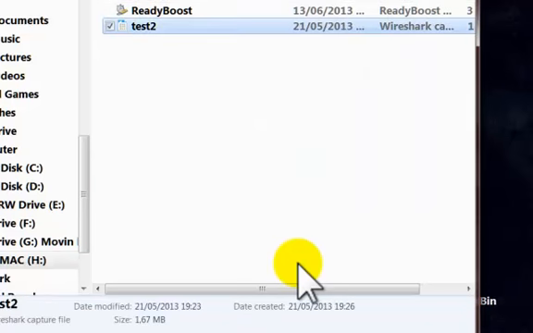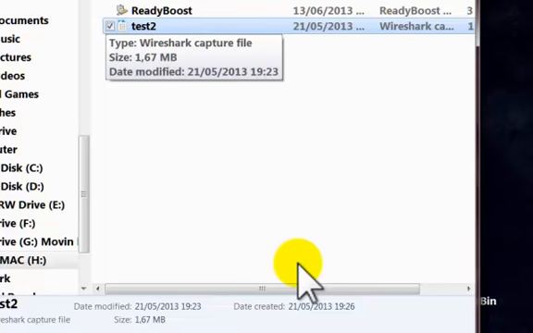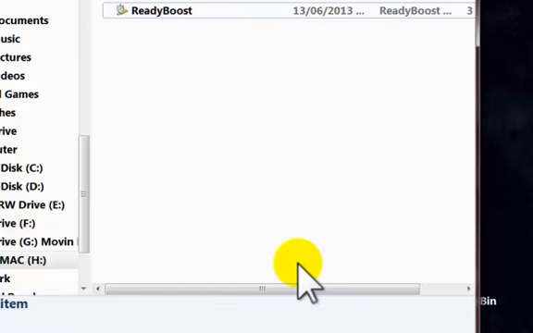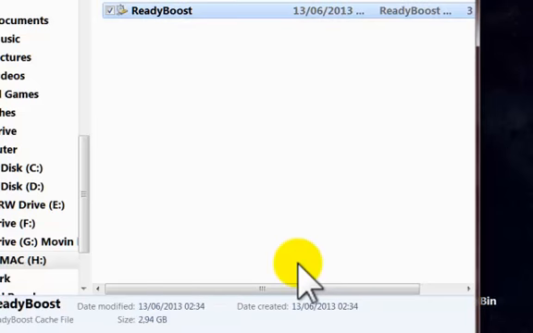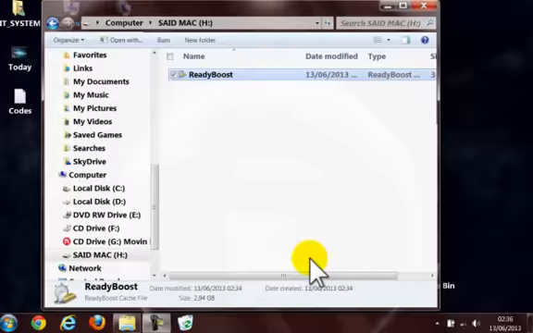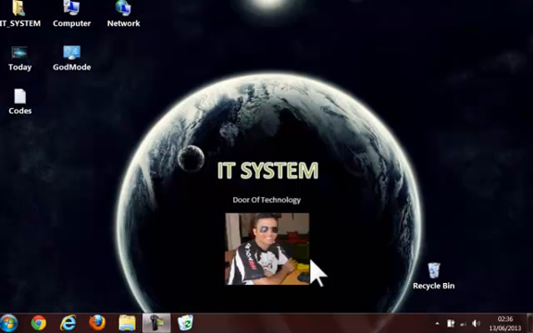So I will delete that one, and I will keep only the Ready Boost file. This is the file created to make my USB become like RAM memory. So this is how to speed up your system, and use a USB or any memory flash or SD